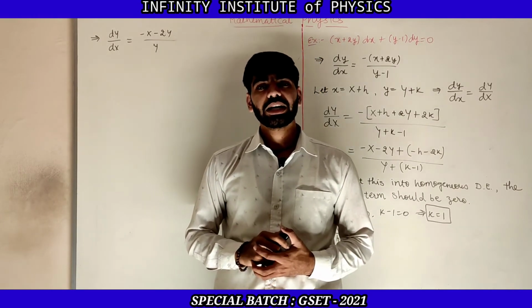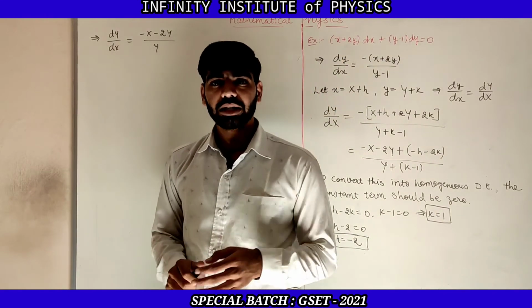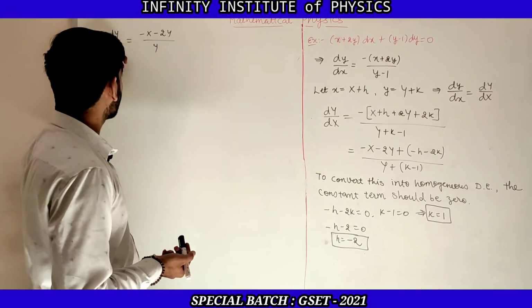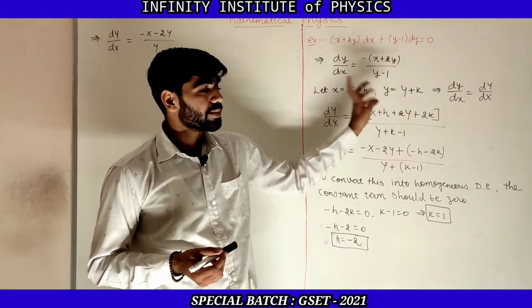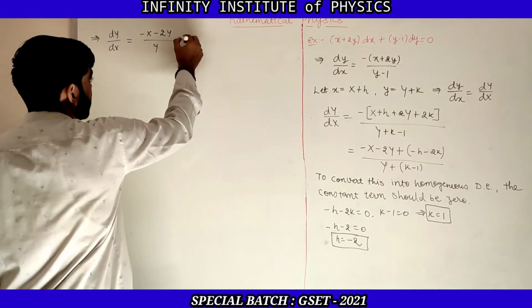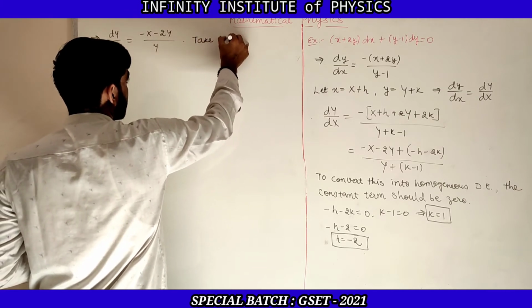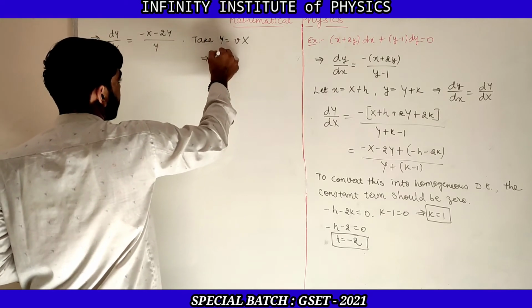So we need to assume that capital Y is equal to v capital X, and then we can convert it into variable separable, and then after solving we will get the answer in terms of capital Y and capital X, and then we will put those values back. So now take capital Y is equal to small v capital X, and then if we do that